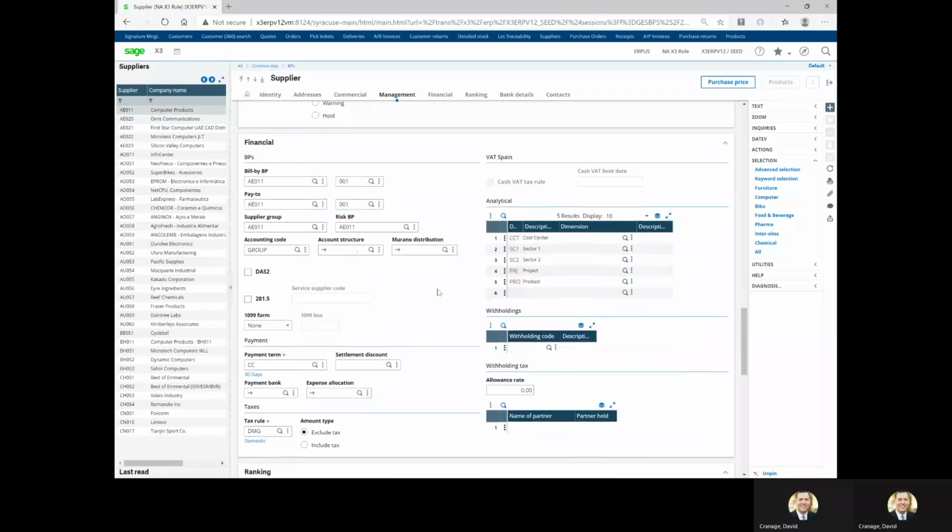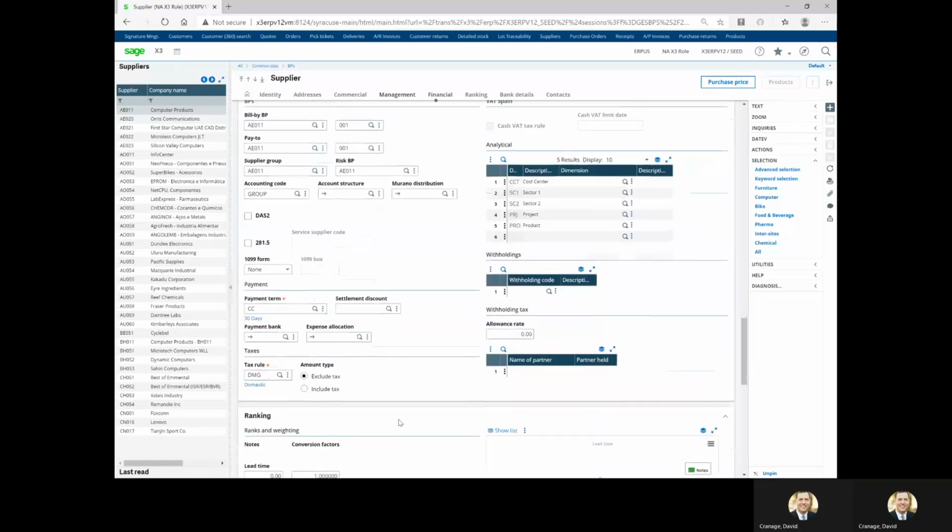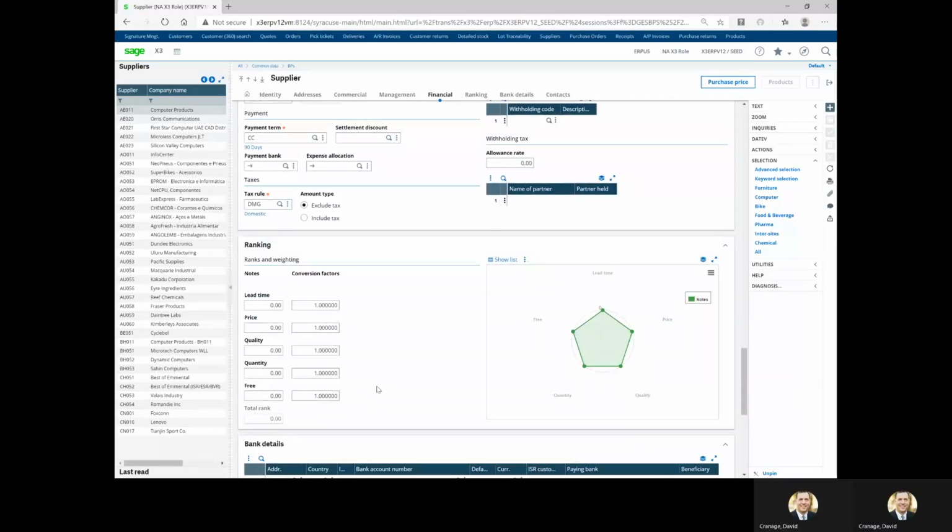And again, we scroll down through the financial section where we're talking bill by, pay to, 1099 customer, the payment terms, tax rule, and so forth. And then, of course, we get to the bottom and we have the ability to establish a vendor ranking. This is based on user edited values. So as I adjust or manually score